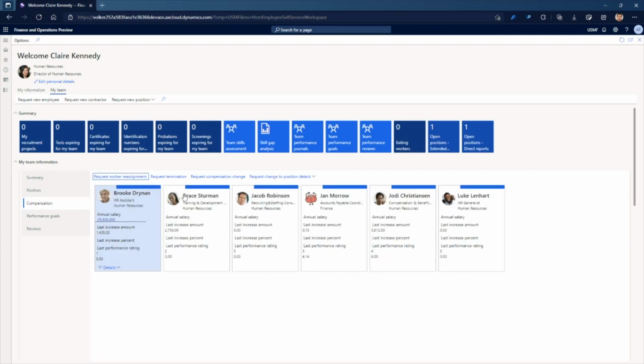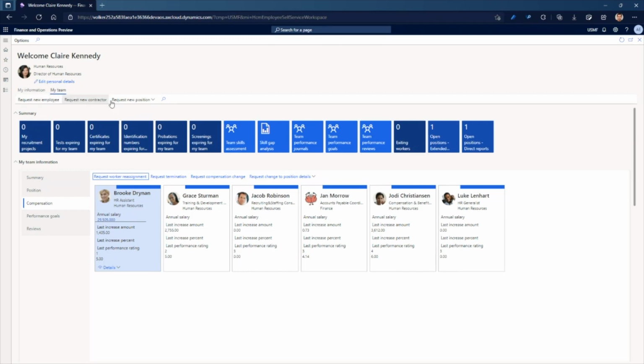And as I mentioned in the slides, without running any reports, without going through lots of Excel files or different applications, it's easy to just come in and be able to see all the information about your team. And then you see that there are certain personnel-related actions, which we spoke about, that are available,